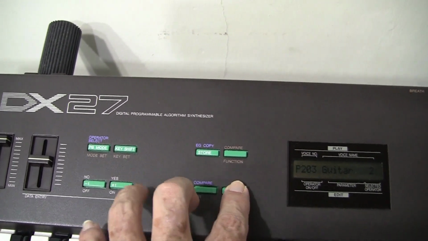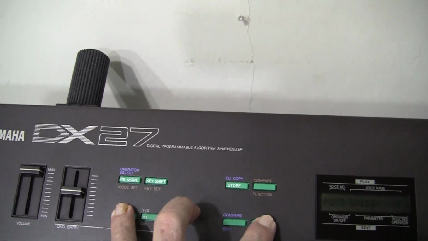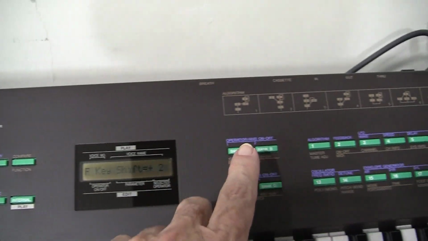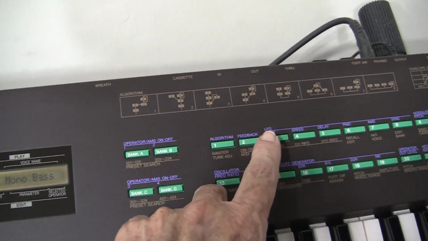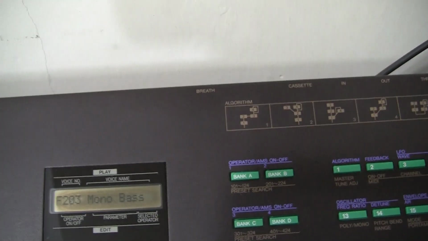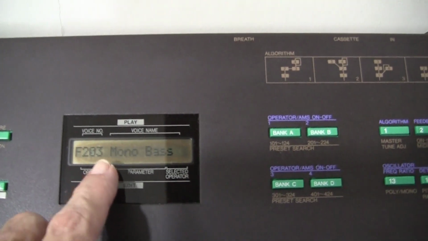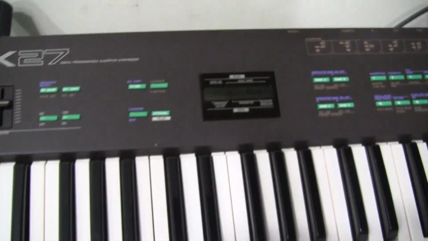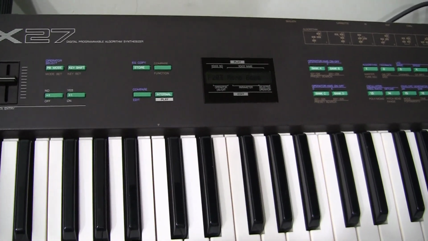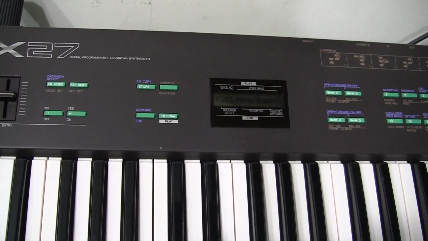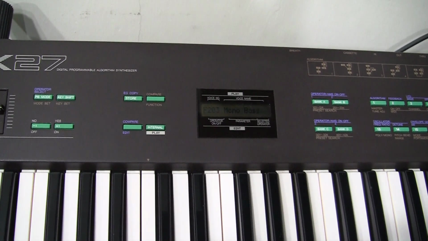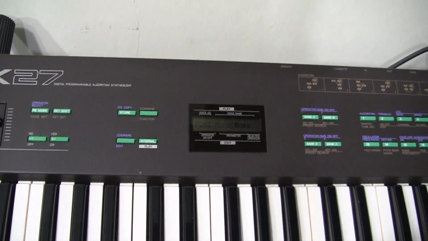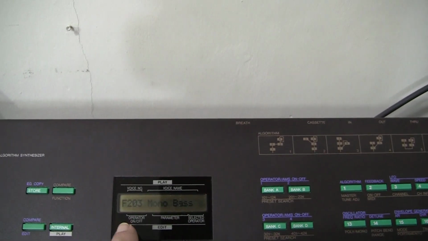If I go back to the unshifted mode by holding down the internal button and pressing no or minus one, and then I press function, bank B, and button 3, notice now it says F203 mono bass. So there are two F203s. One is the shifted preset voice, which is guitar 2, and then there's the unshifted, which is mono bass, but they both have the